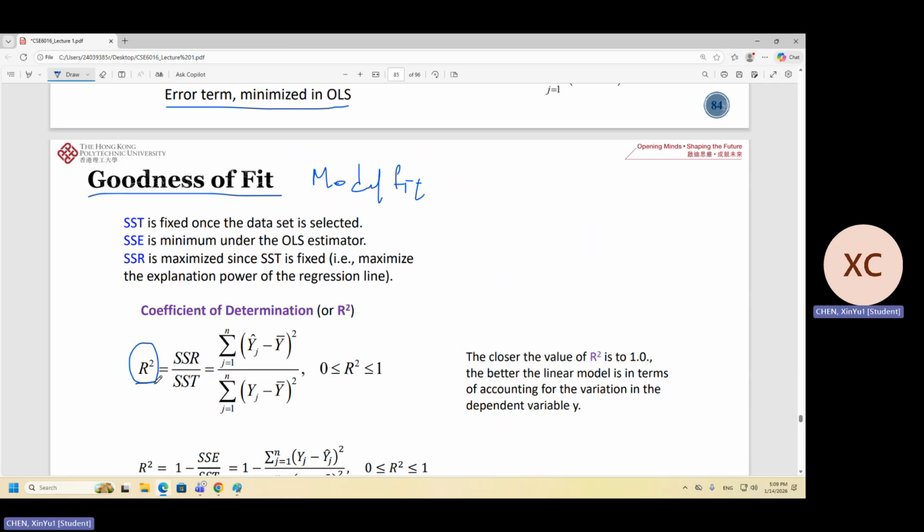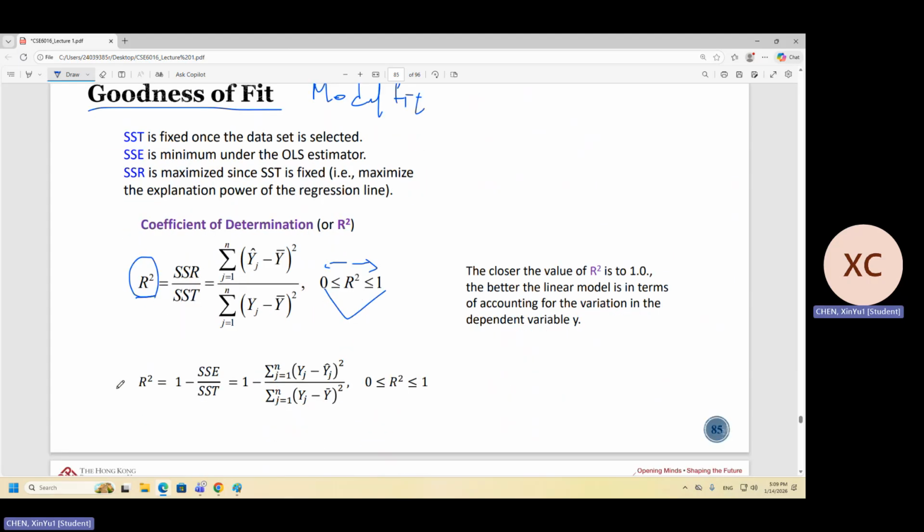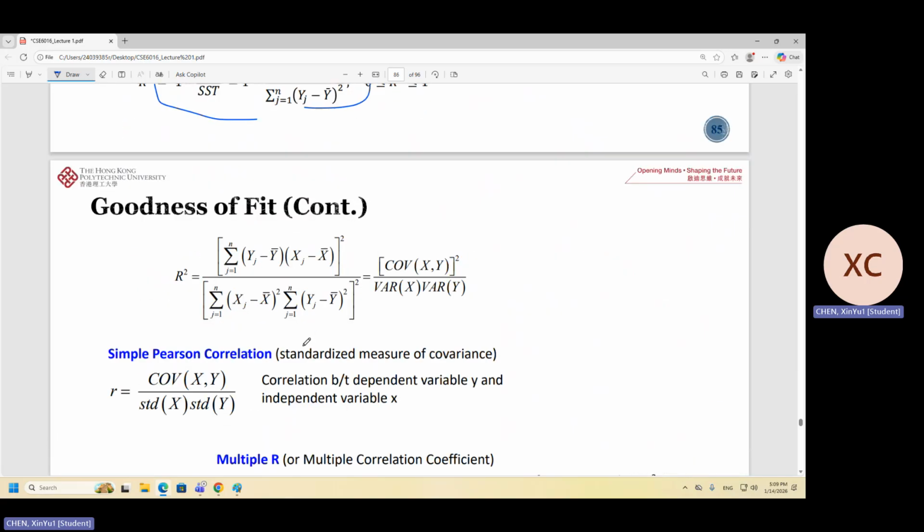Have you heard about the R square before? Okay, it's okay. R square should be between 0 and 1. If the value of the R square is close to 1, we say the model fit is good. If the R square is close to 0, then the model fit is not good. Okay? So here is how to calculate the R square, but normally